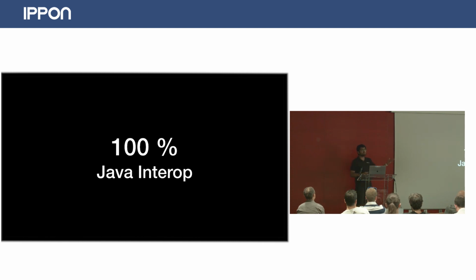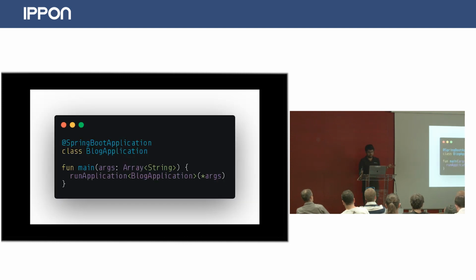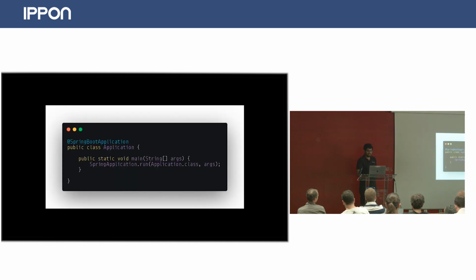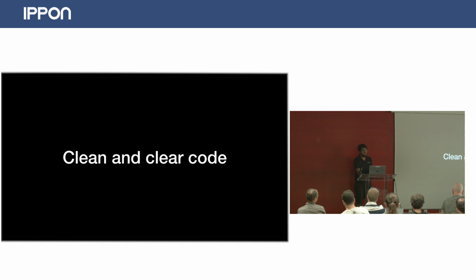But for us, when we moved to Kotlin Hipster, that was the main point, because we have something in Java and you can do 100% Java interoperability with Kotlin. And that was a huge success for us. So that was the huge thing that we took forward and tried to create a JHipster application. This is a Spring Boot application that we are creating with Java. And this is in Kotlin. It's much more concise, much more clear. Number of lines remain the same, right? Yeah. But the verbose things that you're doing, for example the public static void main, are not there. You just have fun. It's clear code, it's clean code, and that's really easier to understand.